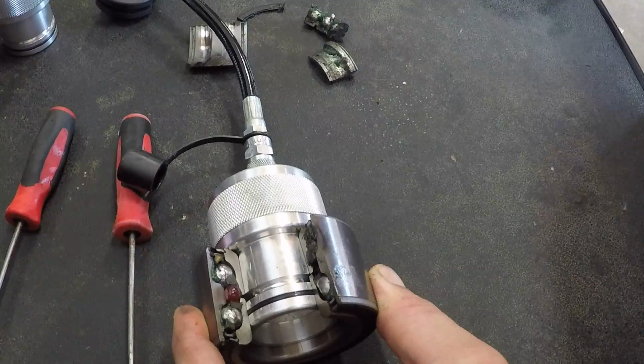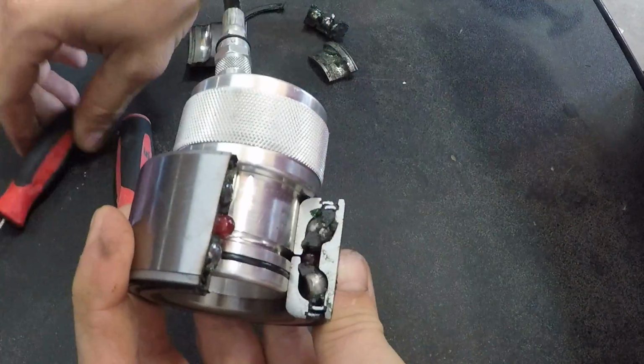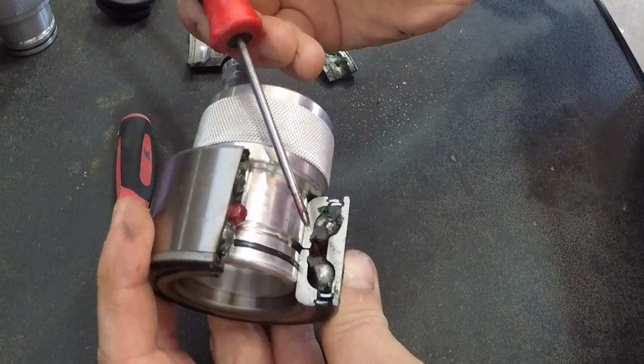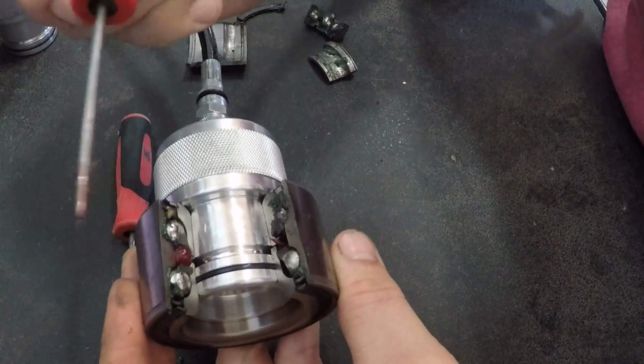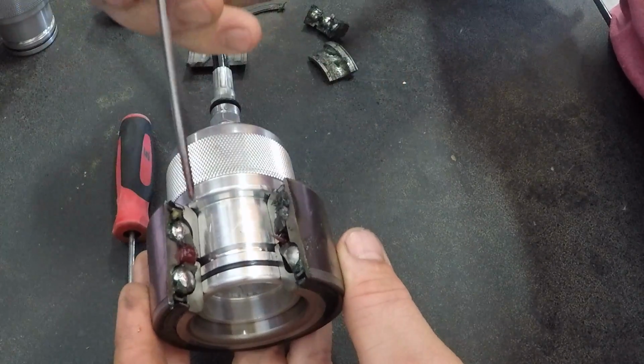Okay, right there you can see the grease just barely starting to come out of the bearing area. And if you look at this side, down in here, I'll just reach down and grab a little bit. There's grease coming out of that side too. So that's what happens. The grease goes into the groove, it actually enters the bearing, it pressurizes the center cavity